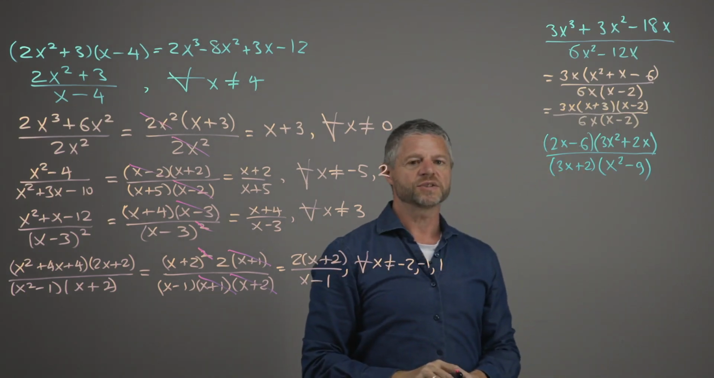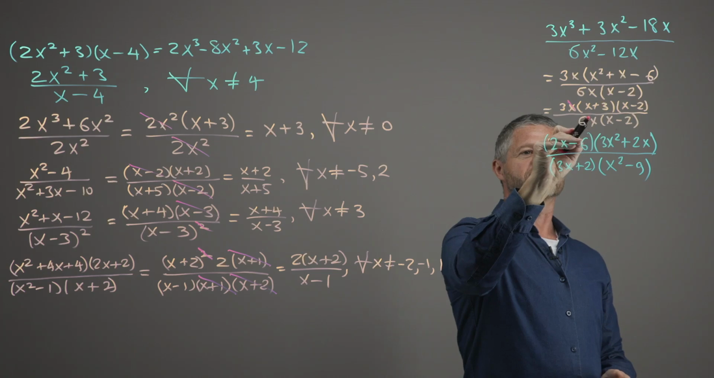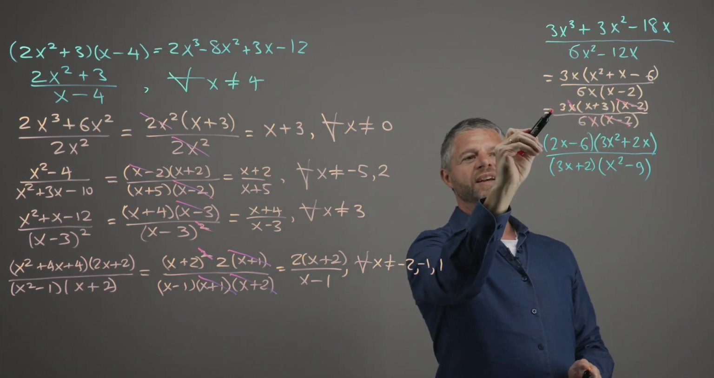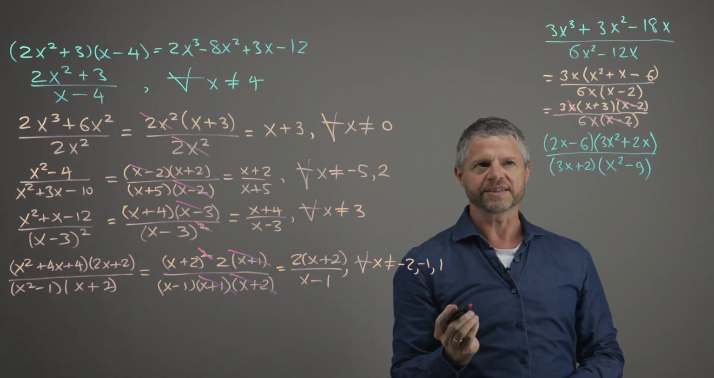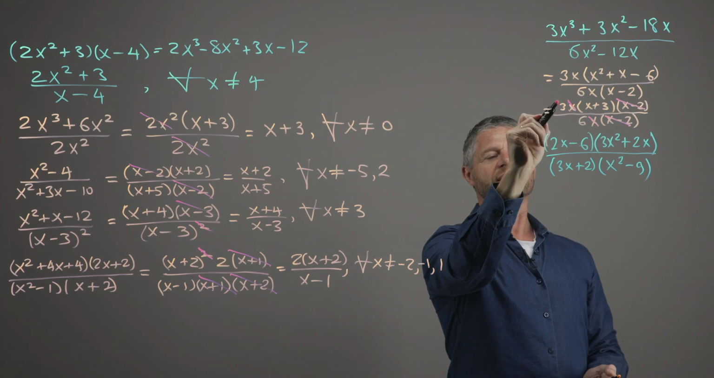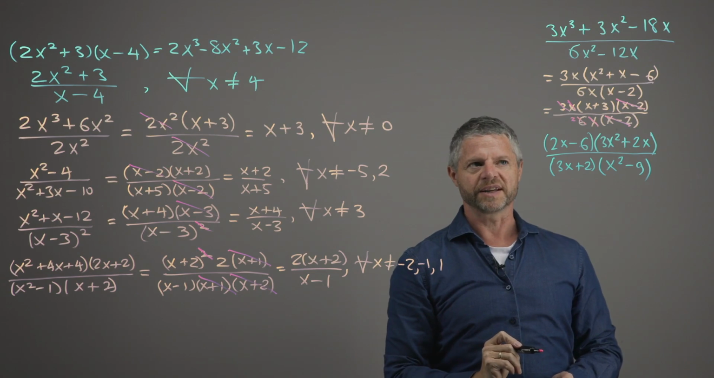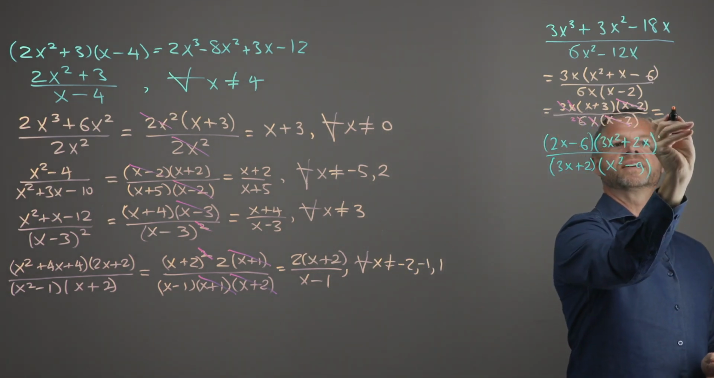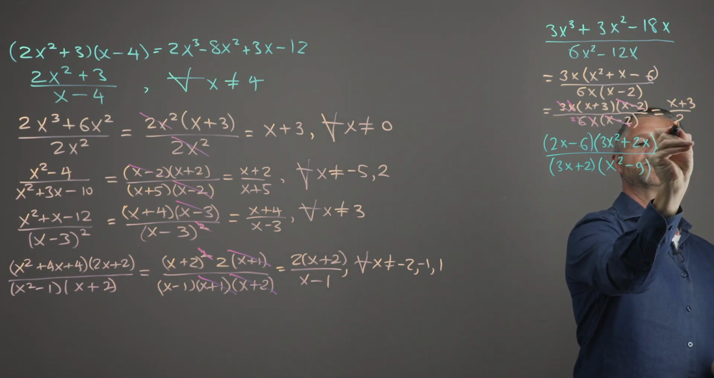And then let's see if I can do some cancelling. So the x and the x would cancel, the x minus 2 and the x minus 2 would cancel, and we got a 3 in the numerator and a 6 in the denominator. So I could cancel that, and it will leave me with 2 in the denominator. So my final answer is x plus 3 over 2,